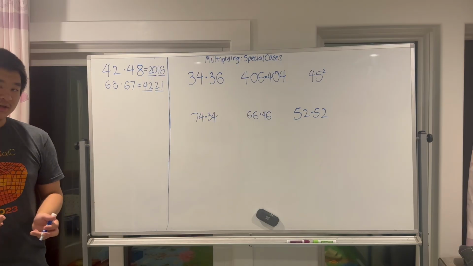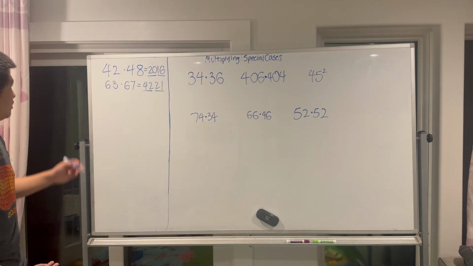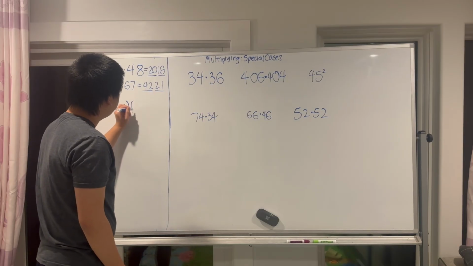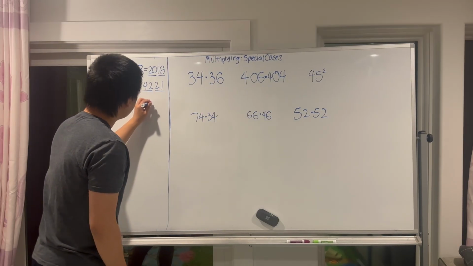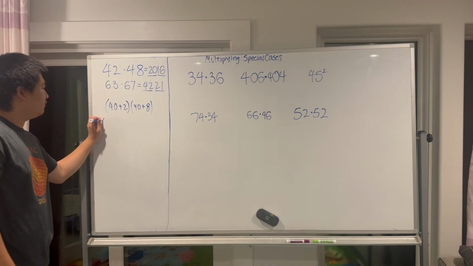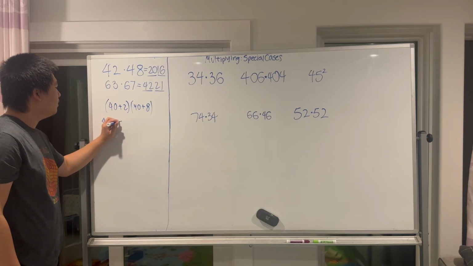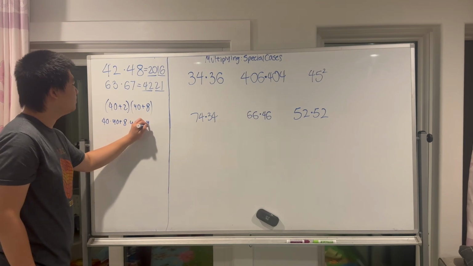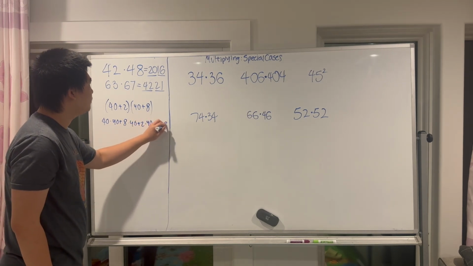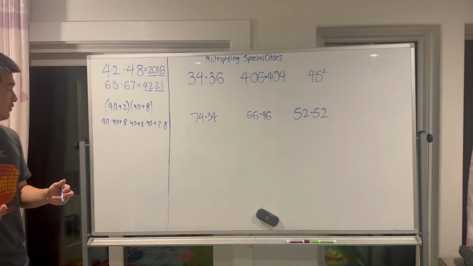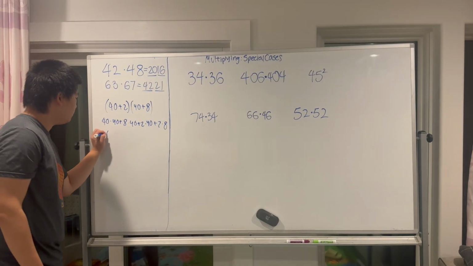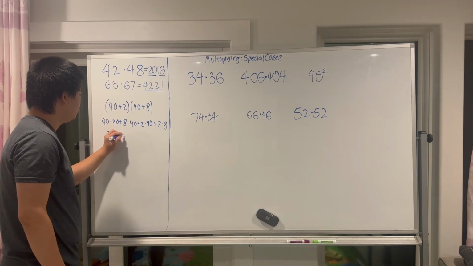But can we actually prove this? And the answer, of course, is yes. So let's write it out. If we were to FOIL out our first example, here's what we would get. We would get 40 times 40 plus 8 times 40 plus 2 times 40 plus 2 times 8. And so how many 40s do we have? We have 40 plus 8 plus 2, which is 50 40s, or in other words, 40 times 50 plus 2 times